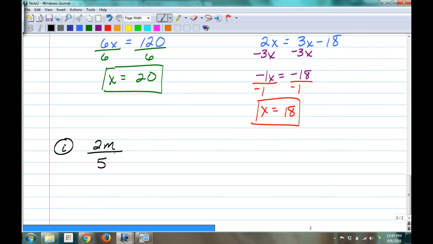2m over 5, 3m minus 6 over 4. Is that a proportion? Yeah. So that means I'm going to cross multiply. What are the sides of my equation now? 8m equals